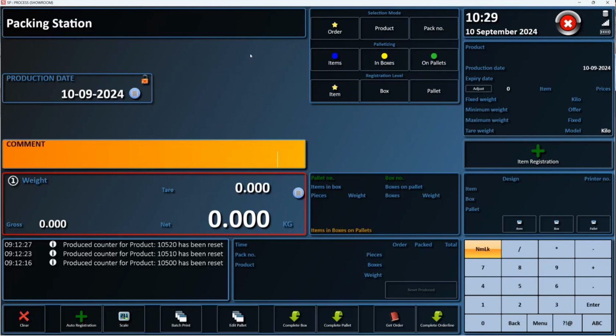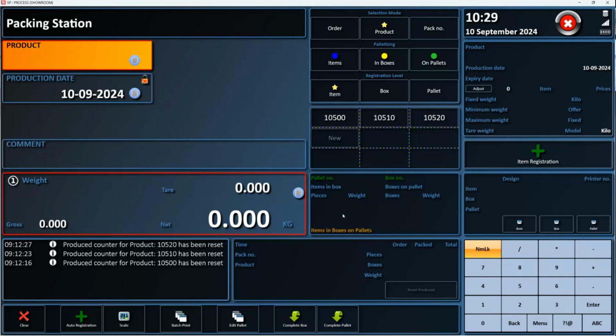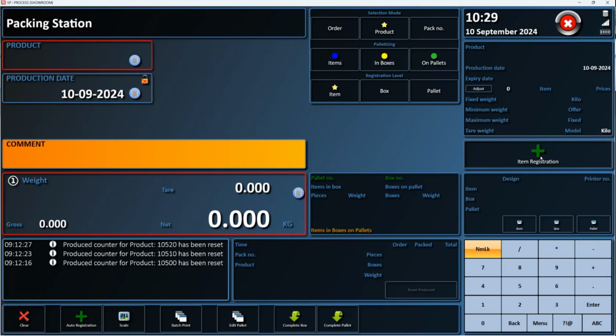It's important to say that this screen is made for a touchscreen, so we try to make large buttons that you can press with your finger. And also there's input validation on a lot of the fields. You can see, for instance, here there's a red frame around the weight, and that's because the value in this field is not acceptable for what you're doing right now. Also here you can see product is not acceptable because there's no product. So if I click registration right now, it will say, user not logged in.